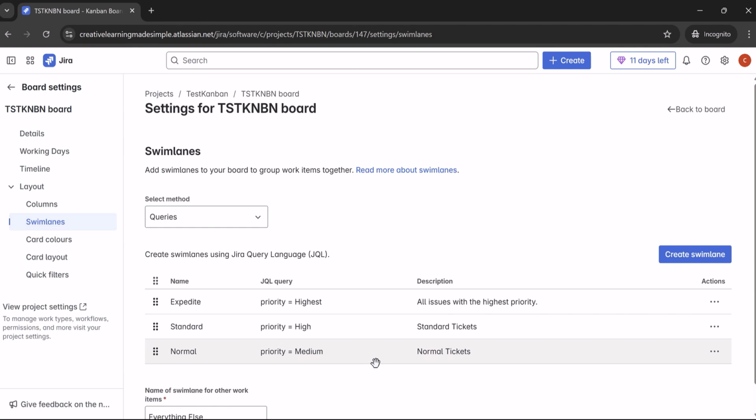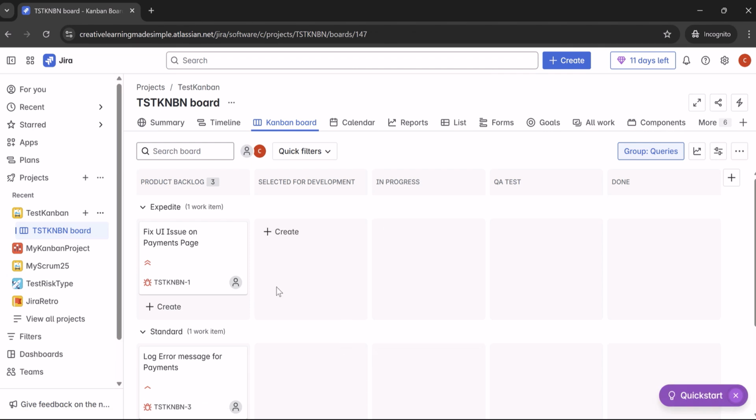So we want the highest priority tickets to be part of the expedite lane, the high priority tickets to be part of the standard, and this medium ticket part to be the normal swim lane. And this is how it has come up, right? So automatically, whenever a ticket arrives, if it has the highest priority, it will be part of